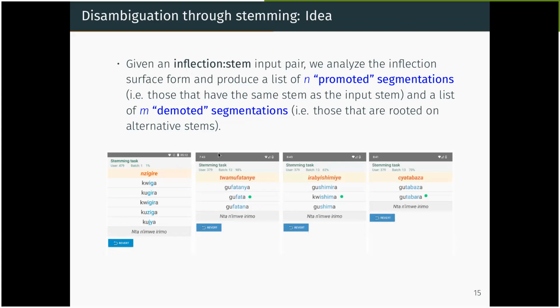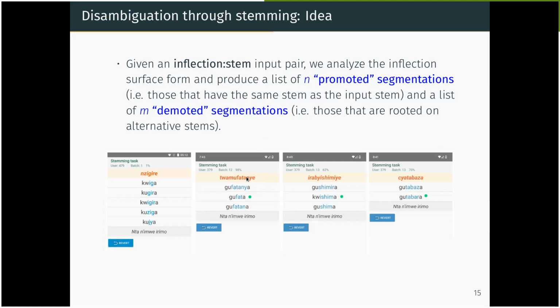You give people a simple interface where they can see a word and an inflection. You have a word that is a conjugation, an inflection of some stem, and then you ask the people to choose which one is the right one. And then the goal is to use this data set to learn a way to disambiguate